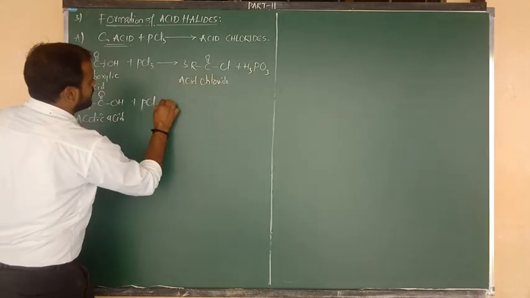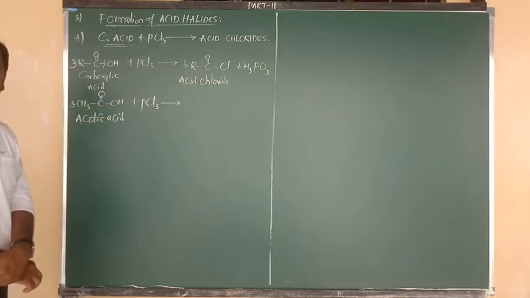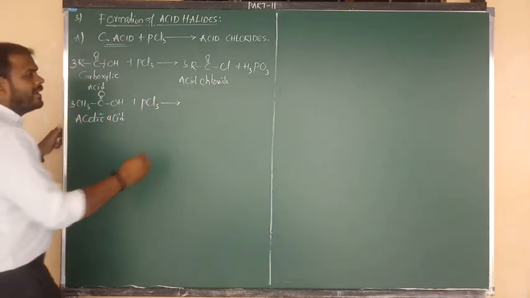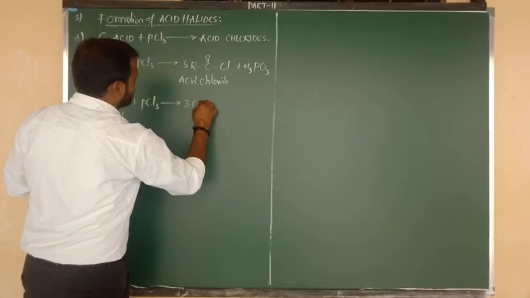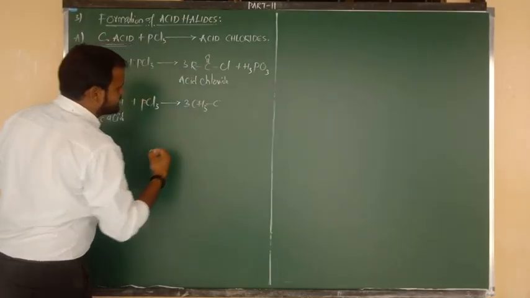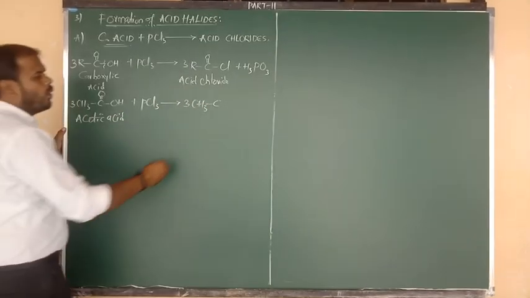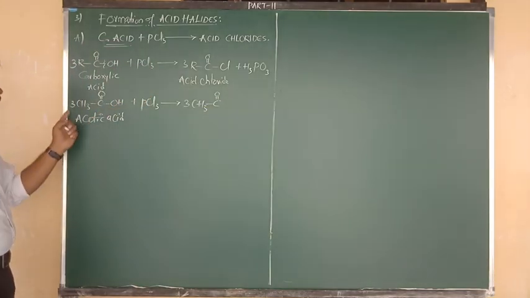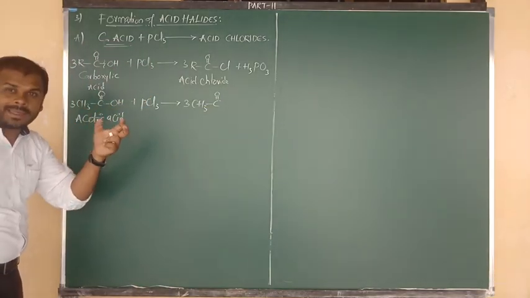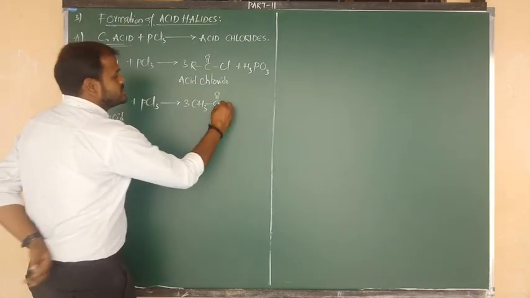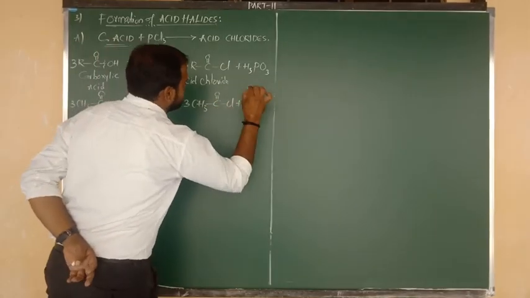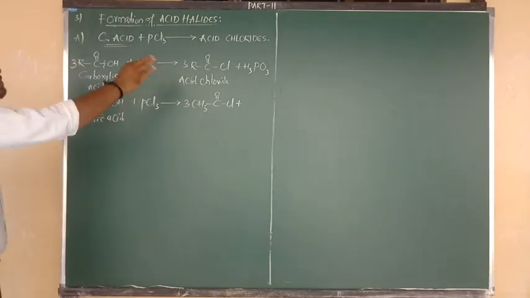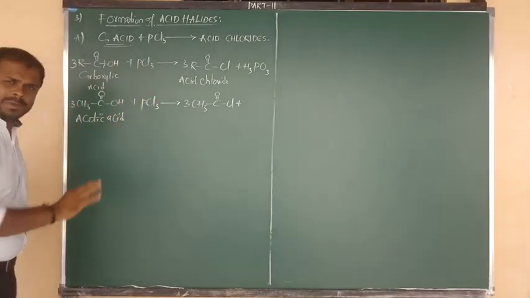upon reaction with phosphorus trichloride, again all 3 OH are replaced by 3 Cl atoms. So your product is 3 moles of CH3 bonded to C double bond O. Okay, I am going to write it here as it is, and all 3 OH can be replaced by the 3 Cl atoms. So I am going to write here Cl. Okay, good. And the byproduct will be the same upon reaction with PCl3.